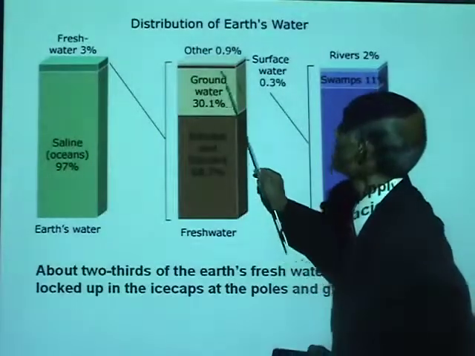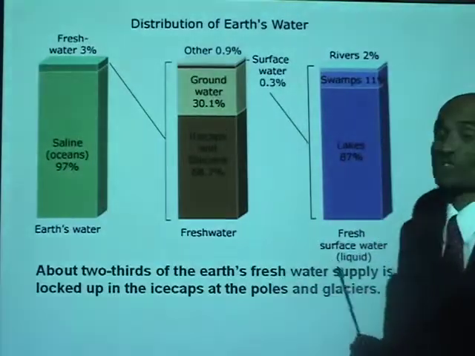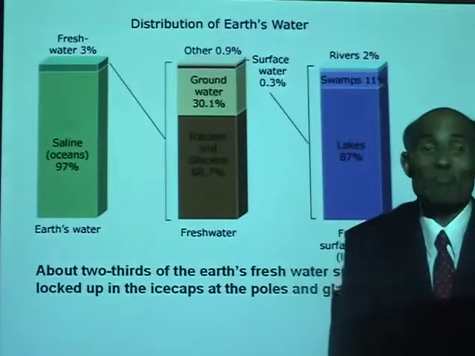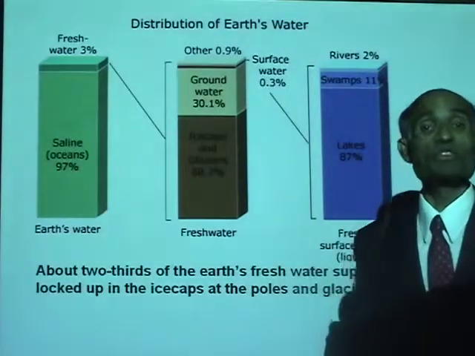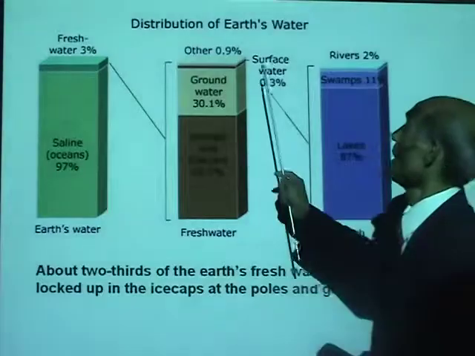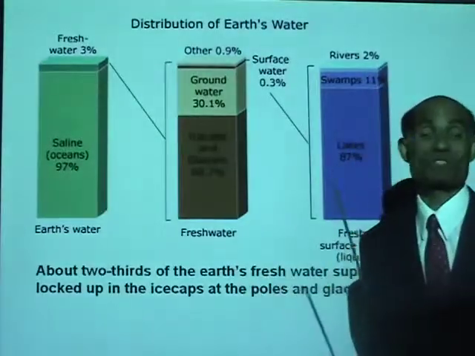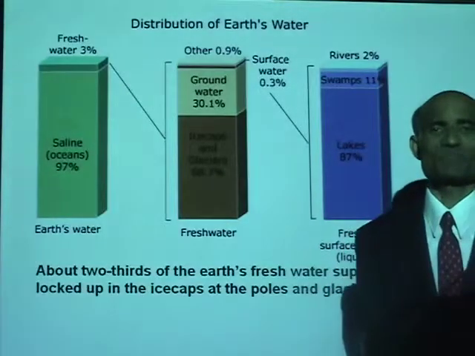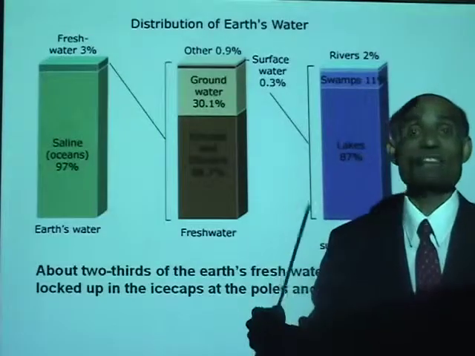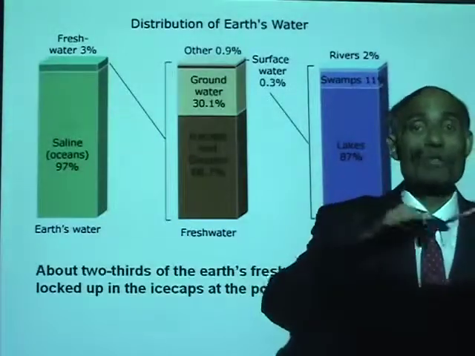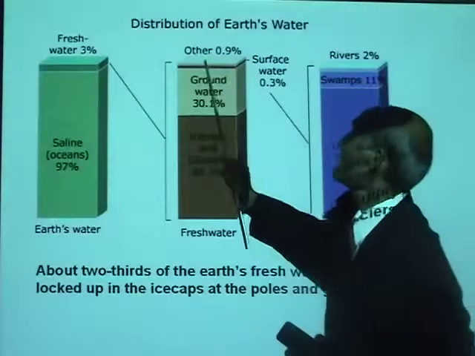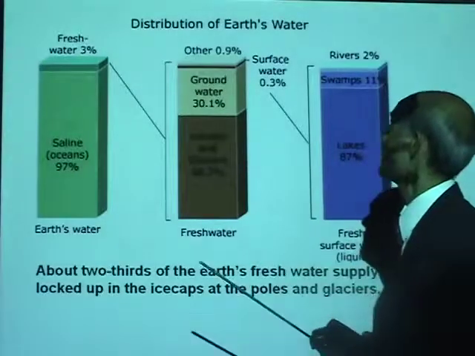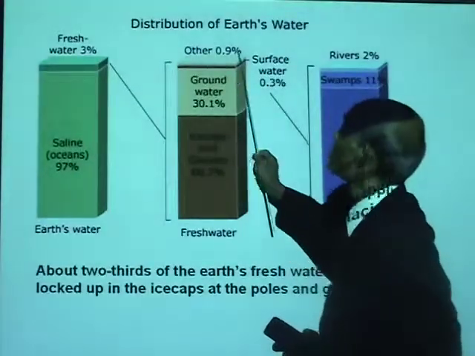Now, 30% of the fresh water is actually underground, and that is available to us in locked up reservoirs, and we can use them whenever we want it. And all the other fresh water resources, can you tell me what are some of the other fresh water resources? Well, the lakes and rivers and streams and all those things that we see around, only 9% of the water is actually other. Now, that is the surface water.